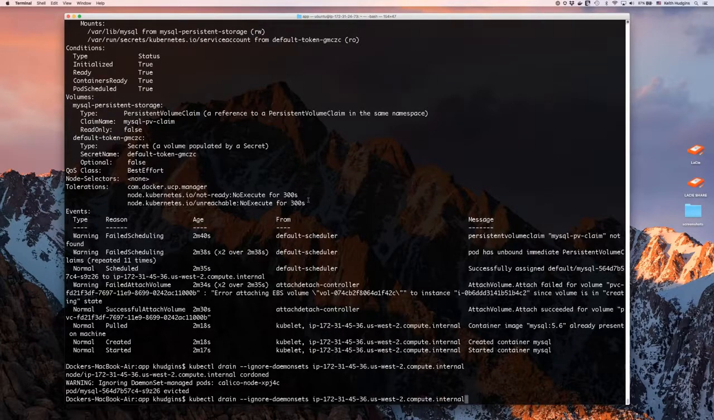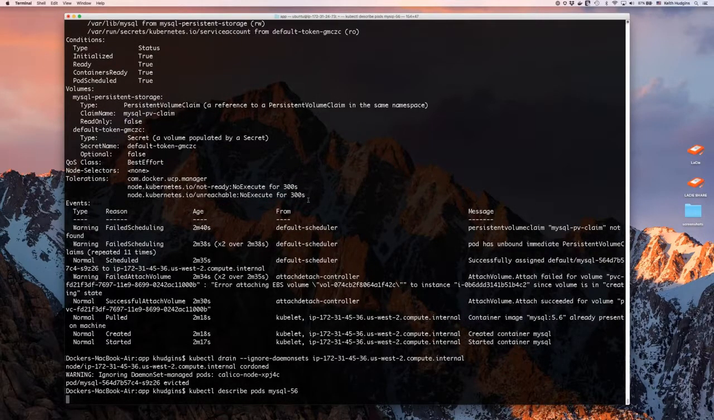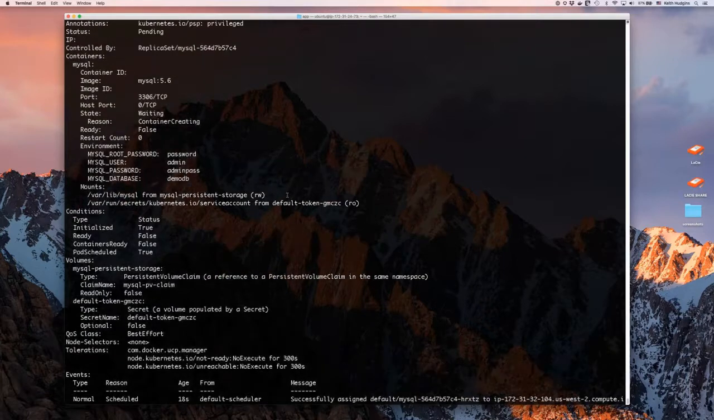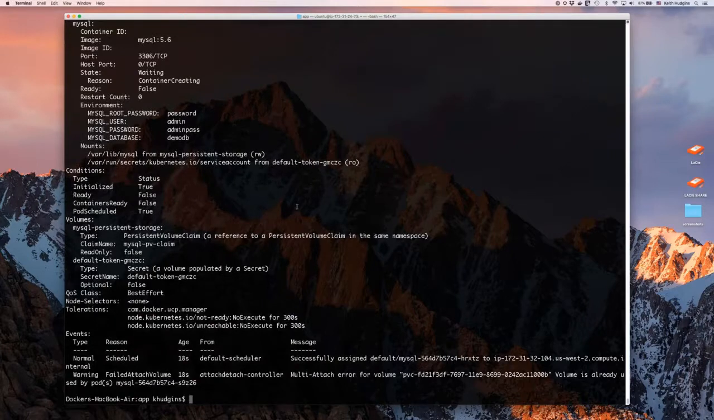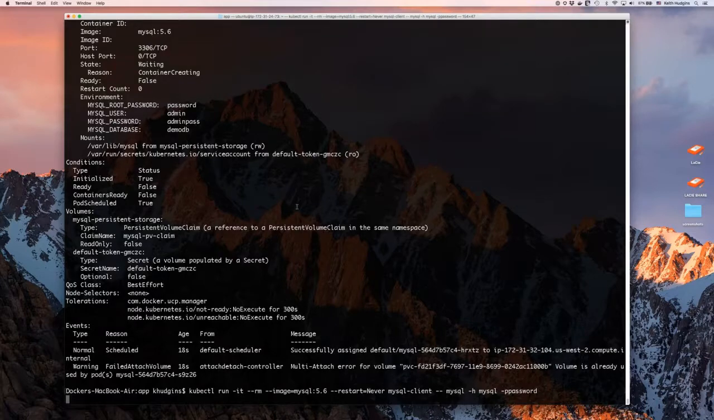from that node. So if we do another kubectl describe on the same pod, we should be able to scroll up and see, all right, now we're on an entirely different node. So we were on this IP, 172.31.45.36. Again, we're running in US West 2 on Amazon. So we're now on a different host. So we have actually failed over this database almost instantly to a new node using the same data. So what we're going to do is rerun that MySQL client, and we're going to